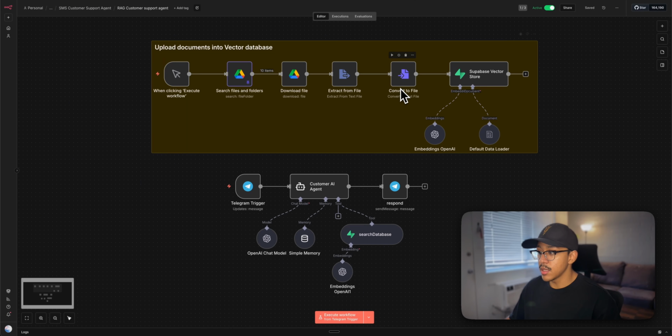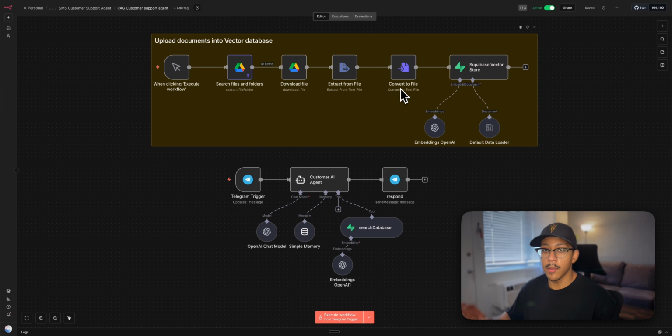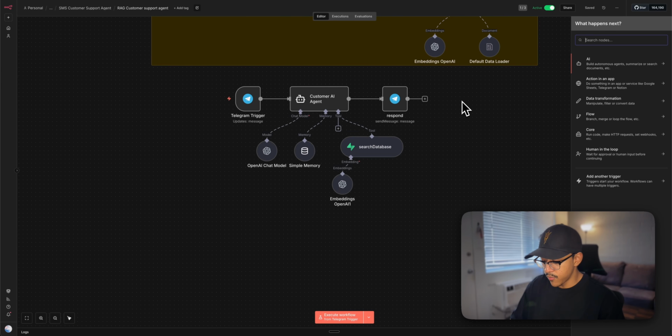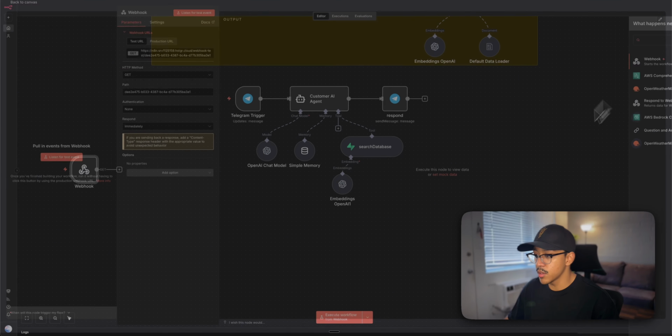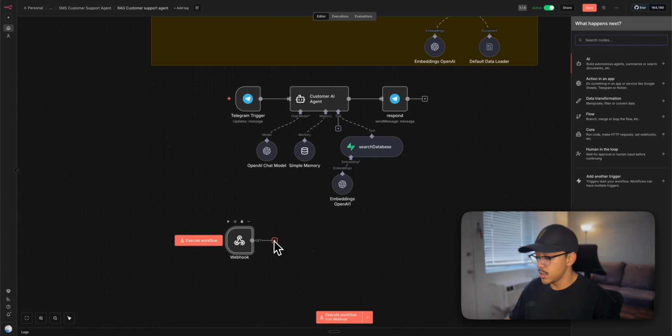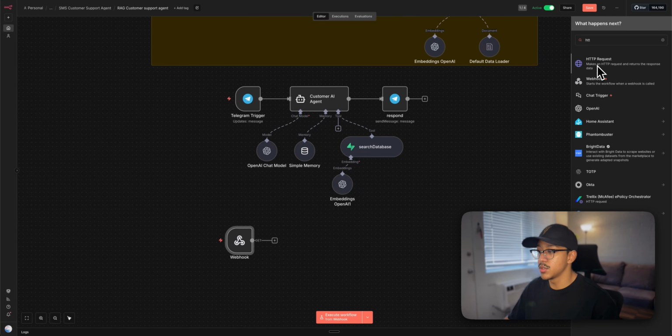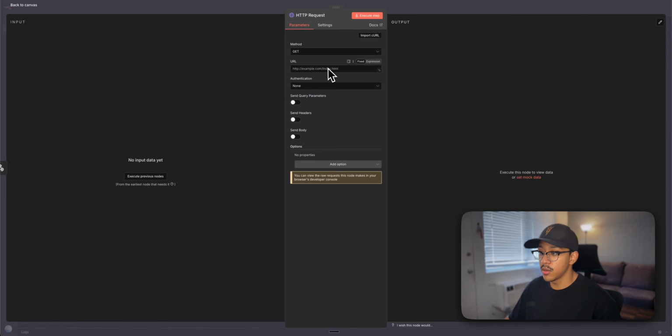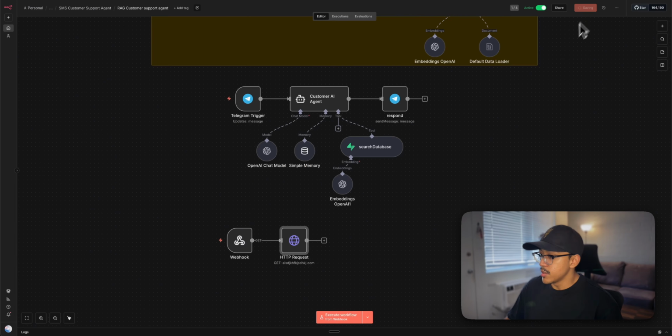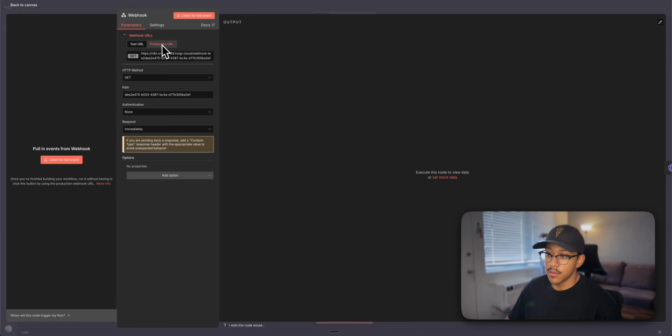And the way I'm going to test it is I'm just going to send a simple webhook to this workflow that will trigger an error through an HTTP request by making a call to a website that doesn't exist. So for that, I'm going to look into the webhook trigger. And first thing I want to do is connect it to an HTTP request, which is just trying to fetch a website online. And if I just type some gibberish.com and I hit save, then I can go over here and copy that production URL, which is what we're going to be calling in order to trigger that simple two-step